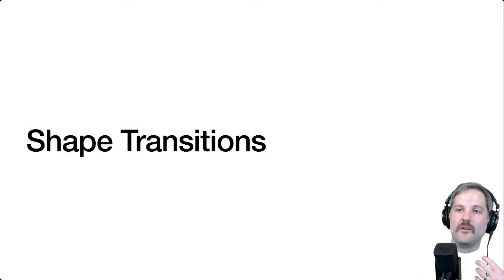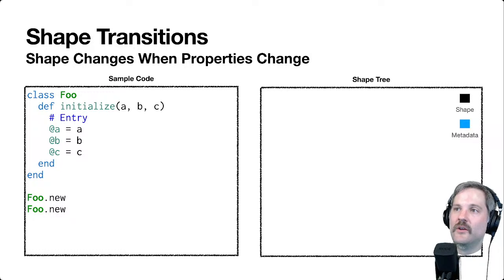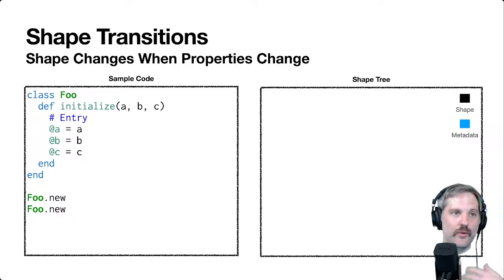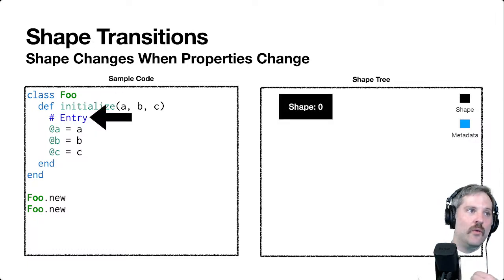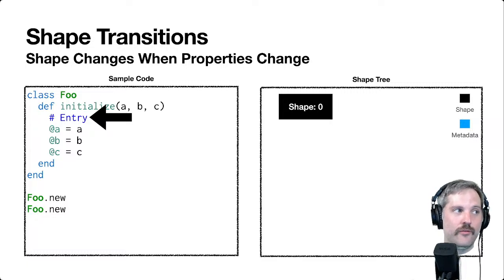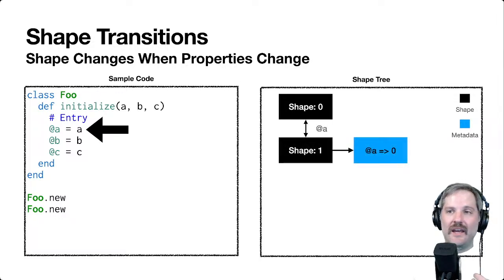So let's look at how these shape transitions work, or how the shape tree is actually formed. Say we have some code like this. We have a foo class that has 3 instance variables on it, and we're going to walk through slowly how this program executes. When we first enter the initialize for foo, this particular instance starts off at the root shape. So this is shape 0. Every object when it comes alive is associated with the root shape, so it has no transitions off of it. So the first thing that happens is we want to set the instance variable A, and